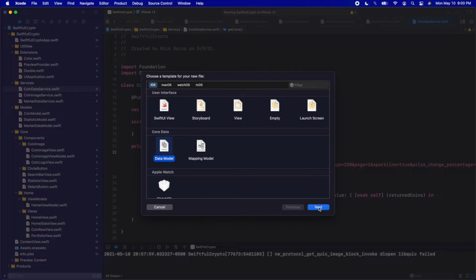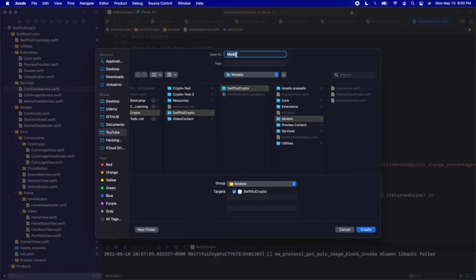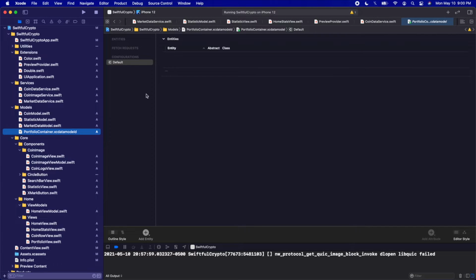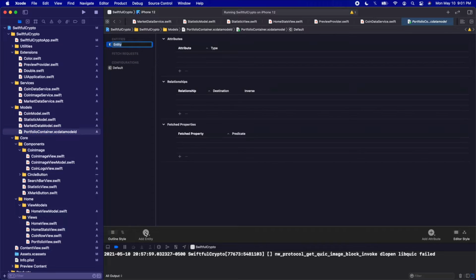Let's click on this data model. And this is going to be the name of our container here. Let's call this PortfolioContainer. Let's click create. And inside this container, we can then add a bunch of entities. And our entities are going to be super simple in this app. So let's just add an entity. And we're going to rename the entity. We're going to call it